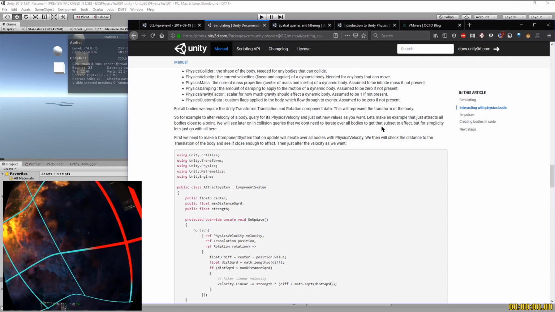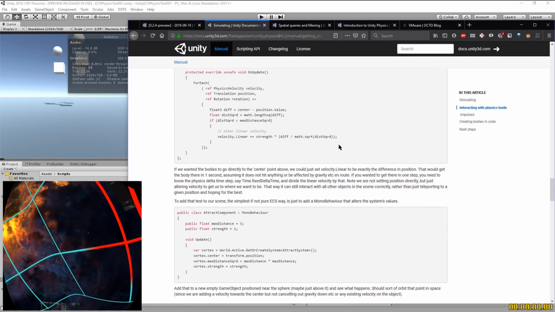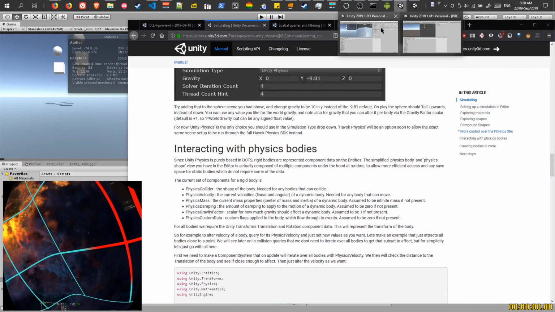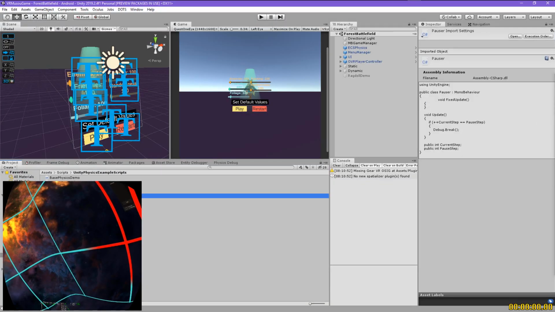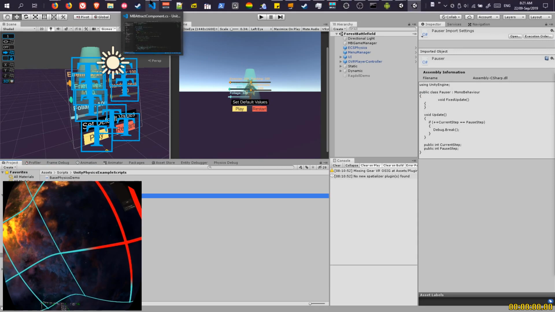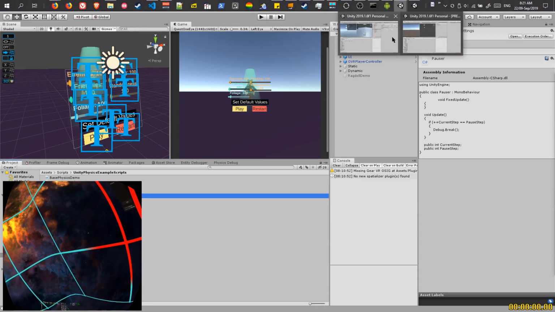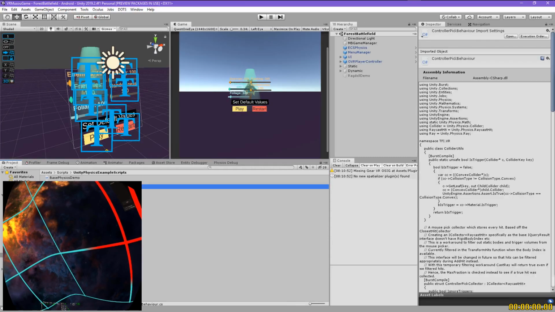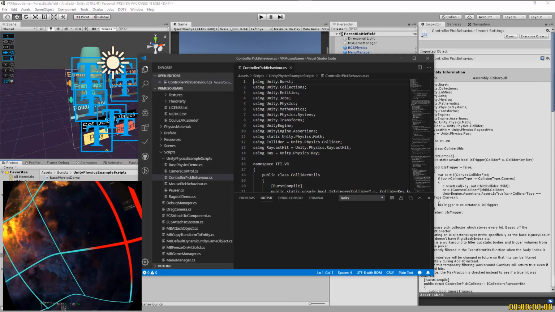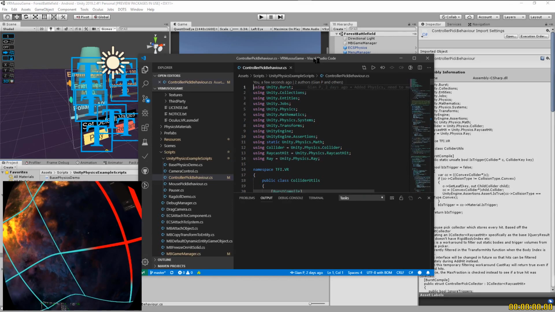So today we're gonna reverse engineer the mouse grab from last time, from the physics example, because there's no tutorials on DOTS physics or ECS physics, so we have to use the examples instead. So we're trying to modify mouse pick behavior, and we'll just call it controller pick behavior. First I'm going to start up Steam VR and test it using my Oculus Quest,